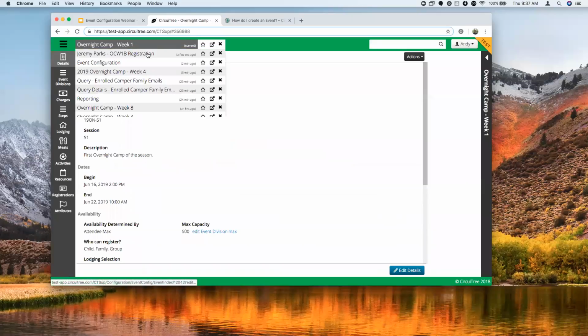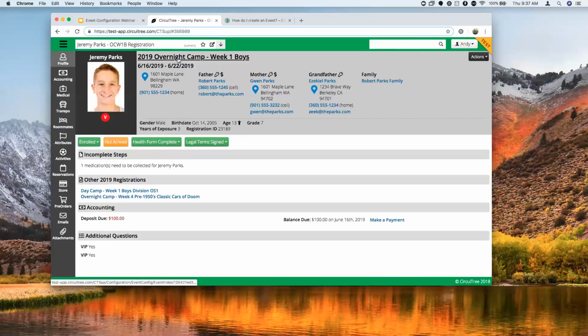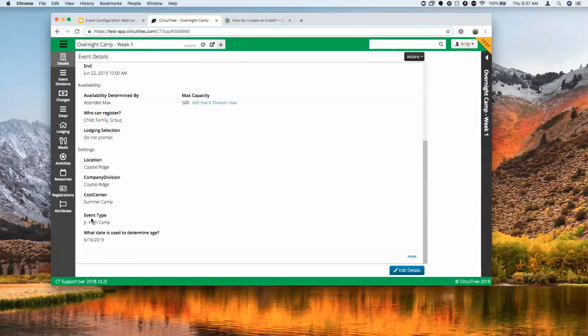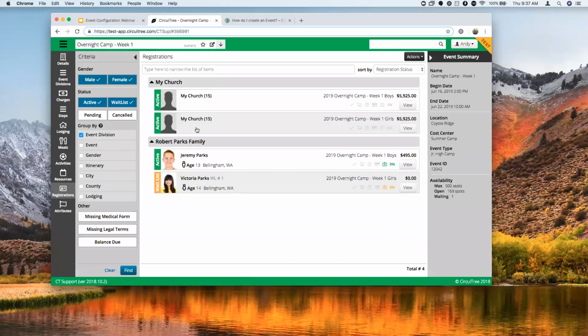So if I need to go in and maybe update something on the event, and I remember when I was on Jeremy's record here, I can select that and jump back here to make an update or look at more registrations. So yeah,